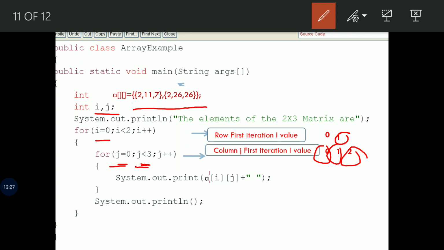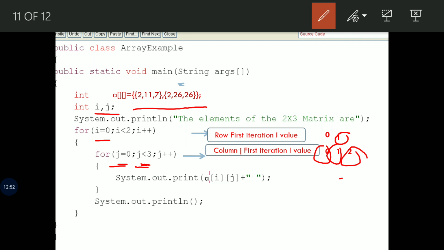Column second iteration. The value of the column is 1 and the condition j is less than 3 is true. Since we did not exit from the inner loop, the row value i will be 1. System.out.print a of 1 of 1. It prints 26. The value of the column is incremented by 1.